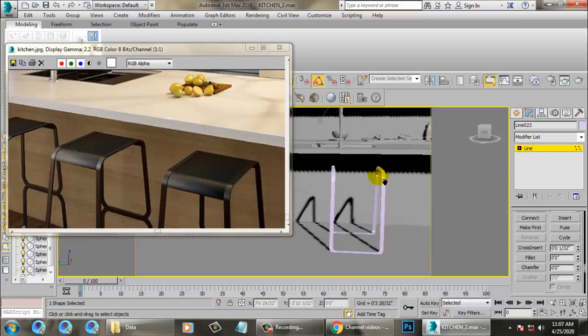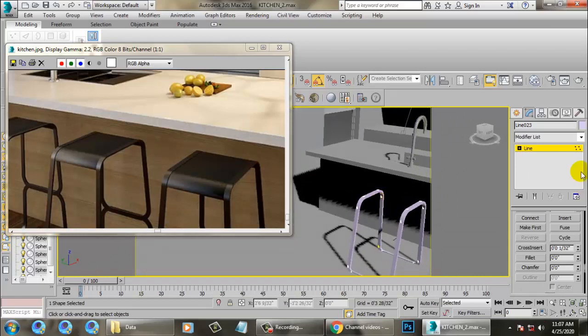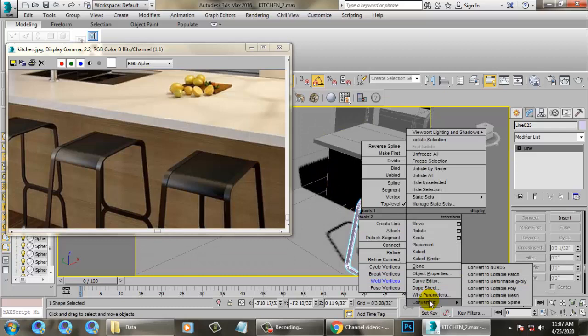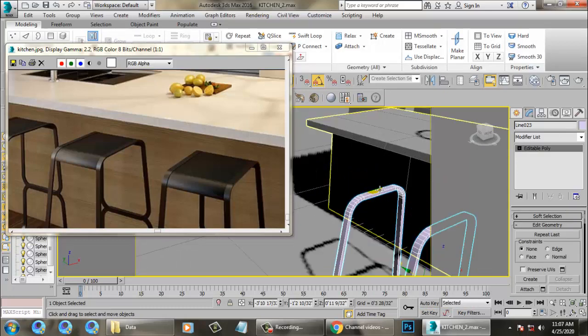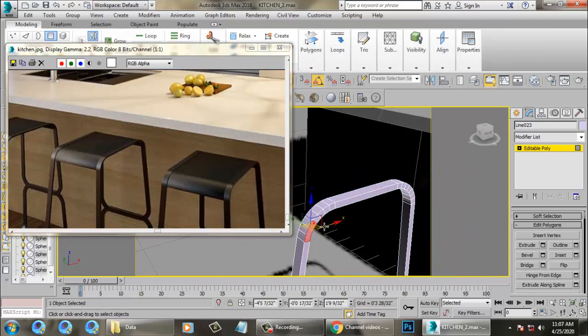Once you're done with this, let's convert to editable poly. Let's select these polygons.